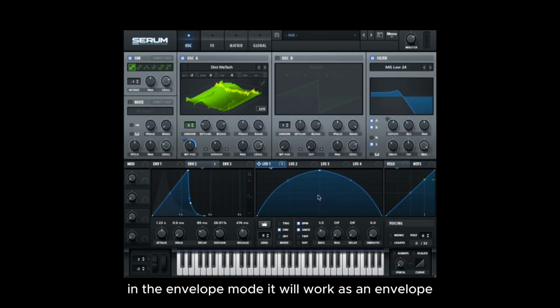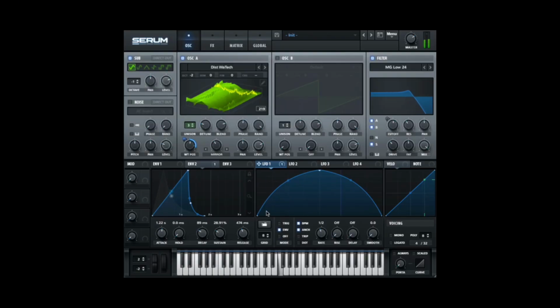In the envelope mode, it will work as an envelope, so it will not loop itself. So let's get back to the trigger mode. With the delay, as you can see, it starts working with a delay. So it waits a little bit and then